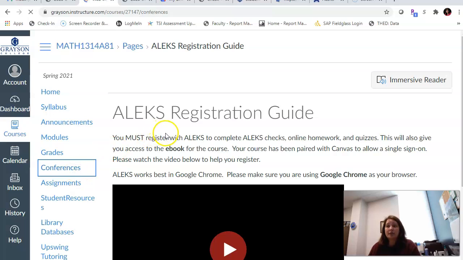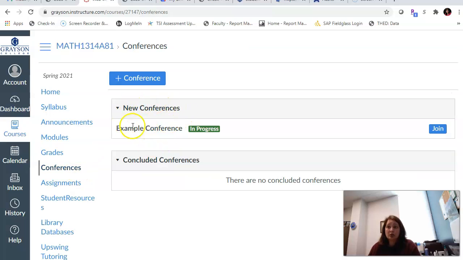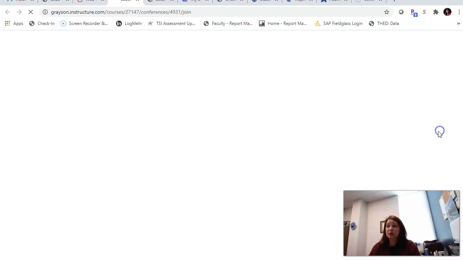If I click on conferences, currently this particular student has one because I made an example conference, and it says in progress. If you don't see this in progress, it means that Mr. Eaton or I have not opened it up yet, and you'll just have to be patient until we open it up. Once you see this in progress, you'll see this join button, and you will join the conference.